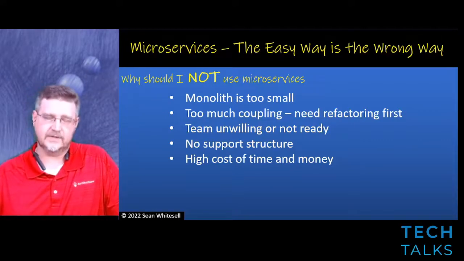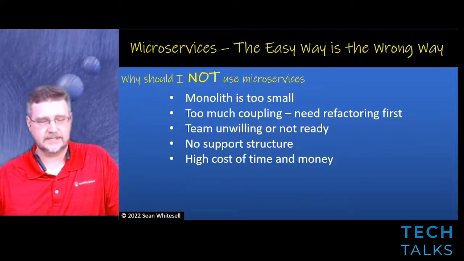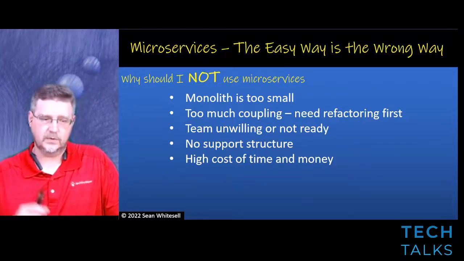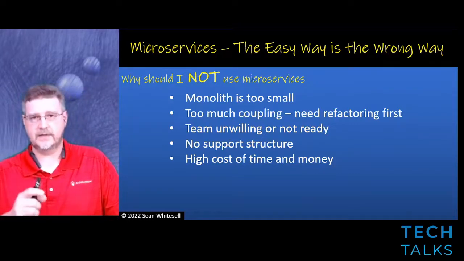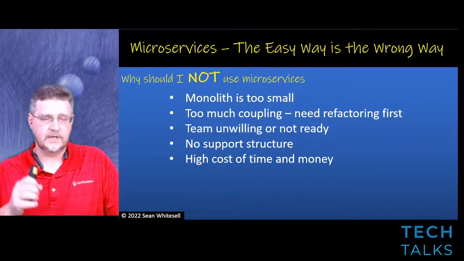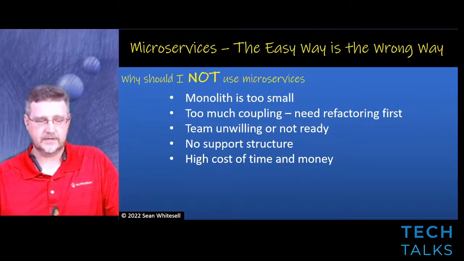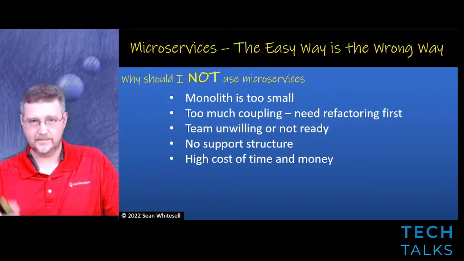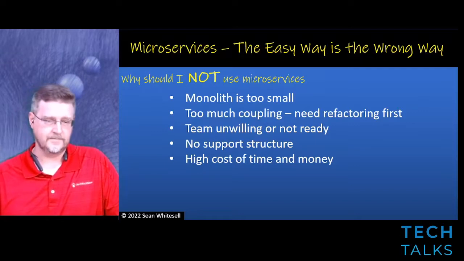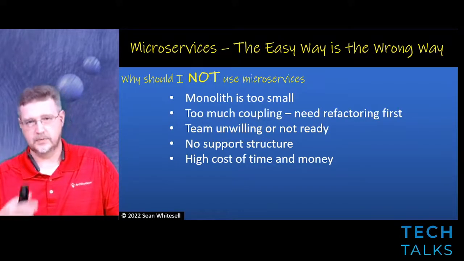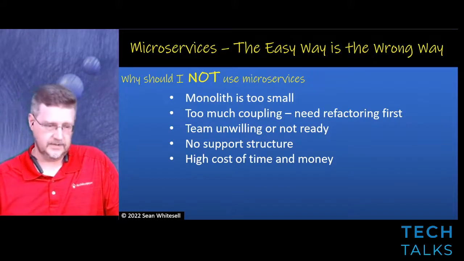If you have a lot of coupling, you're going to have to spend a lot of time refactoring so that when you get to a spot where you are pulling your functionality from a monolith out to a microservice using something like the strangler pattern, you have that availability to pull things out. And a lot of times you'll start pulling functionality and then you pull more functionality out, and you end up with yet another problem.